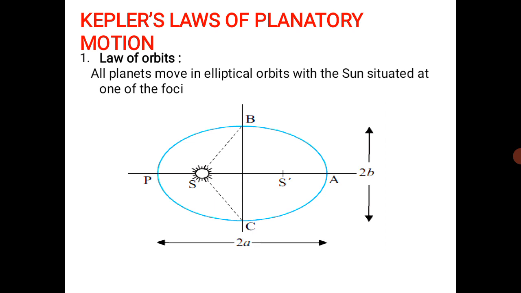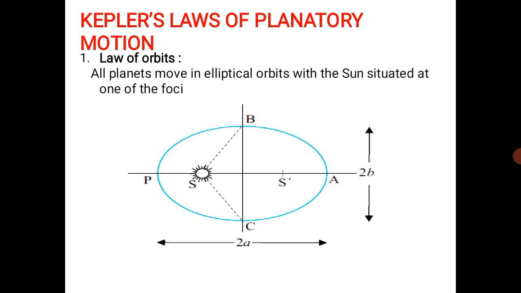The point of intersection of these two axes is called the center. It has two focuses. In this, S and S dash are the two focuses. The plural form of focus is foci. So according to the law of orbits, all planets move in elliptical orbit